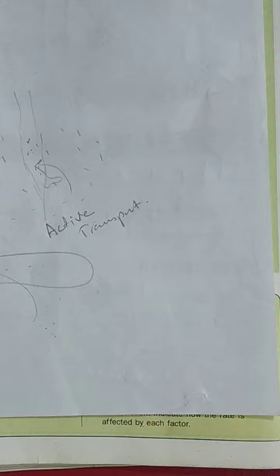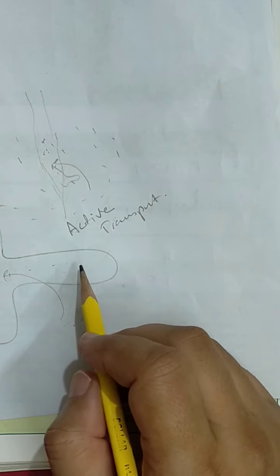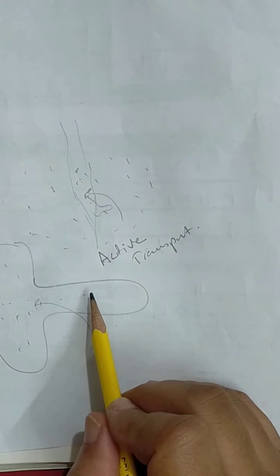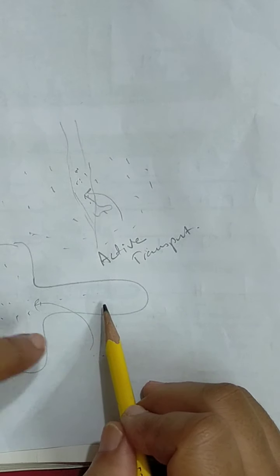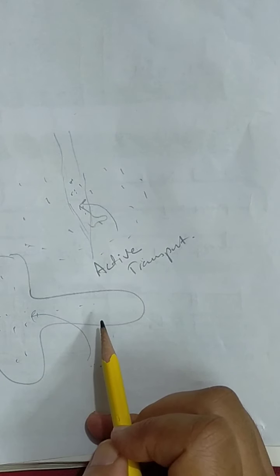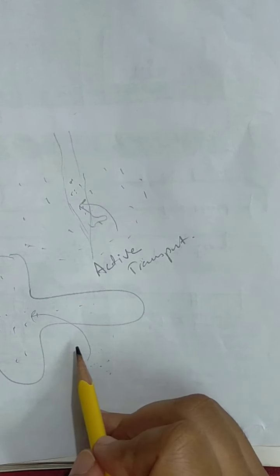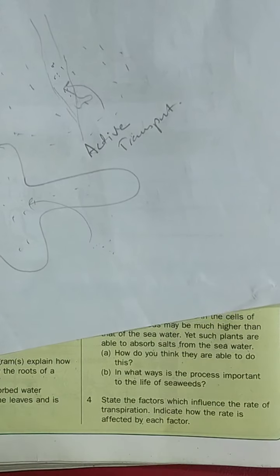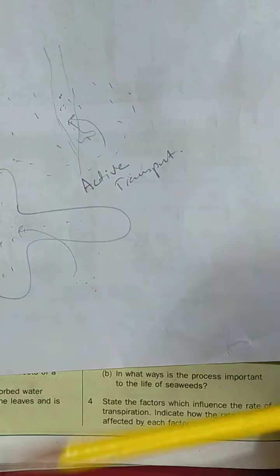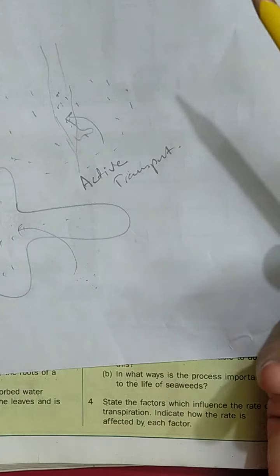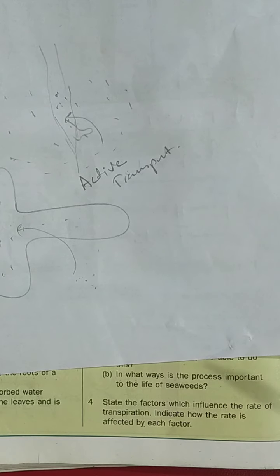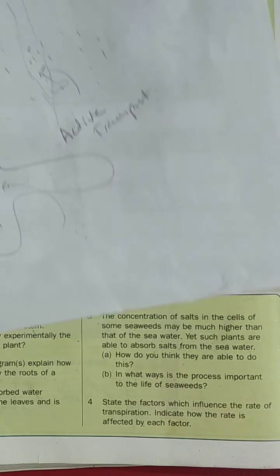Sometimes it happens that the plant is already taking water or minerals due to active transport, and in such an environment they take salts when these salts are required for their growth and other activities. For that reason they utilize energy in the active transport process. Okay, what benefit are they getting? The benefit is ultimately the same, that they utilize those salts for their growth, maybe for the formation of chlorophyll, maybe for any other purpose, any other deficiency which they are having. So in this way those salts can be important for the growth of the plant.